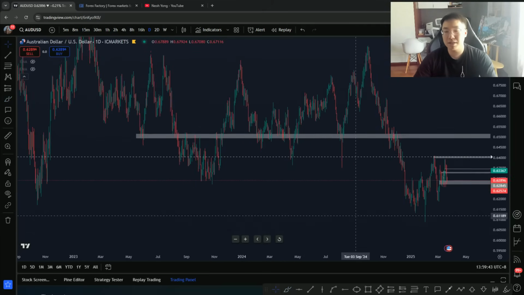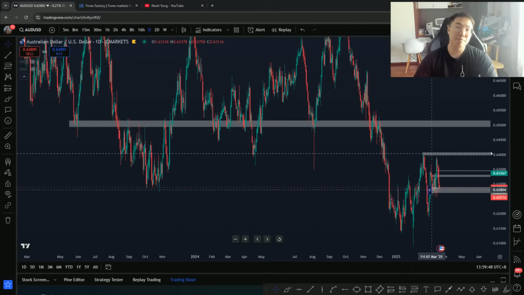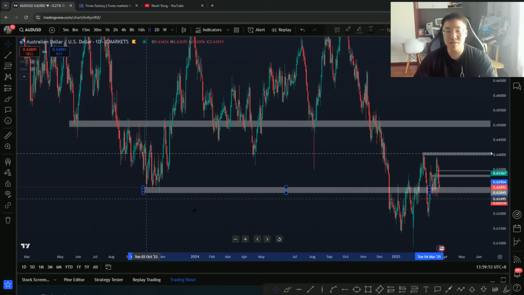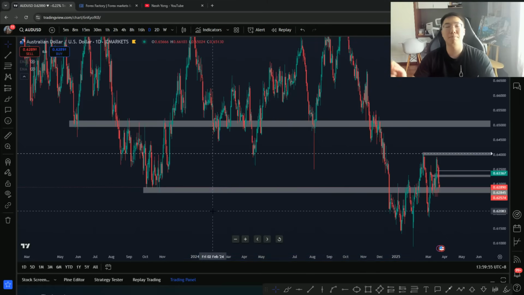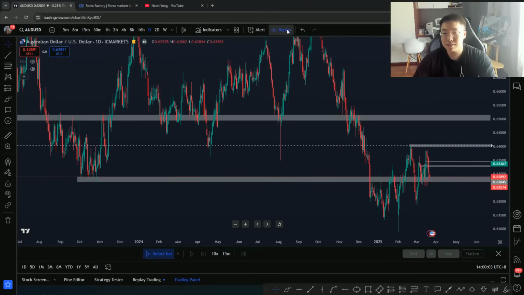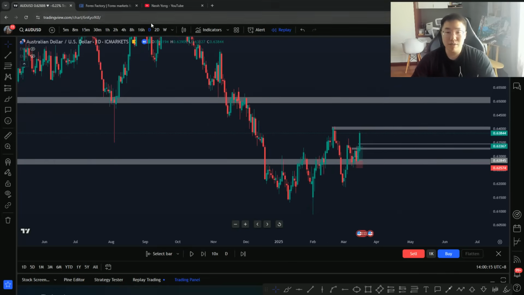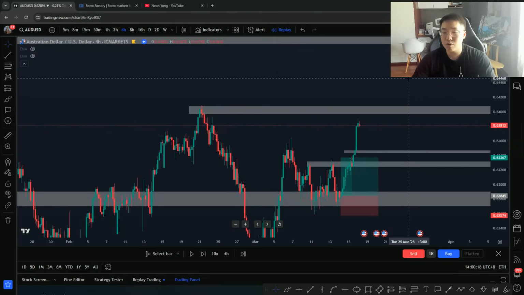Price position is something that I teach a lot, and I care a lot about price position. I can just say price positioning is part of my edge. I make money consistently in the market because I'm always very picky with my entry price, where I'm getting in. So I was happy to give AU an attempt, let me put on the replay mode, to hold this major support zone since October 2023 at 0.6281. I was happy to give it a long attempt, and everything was going very well.